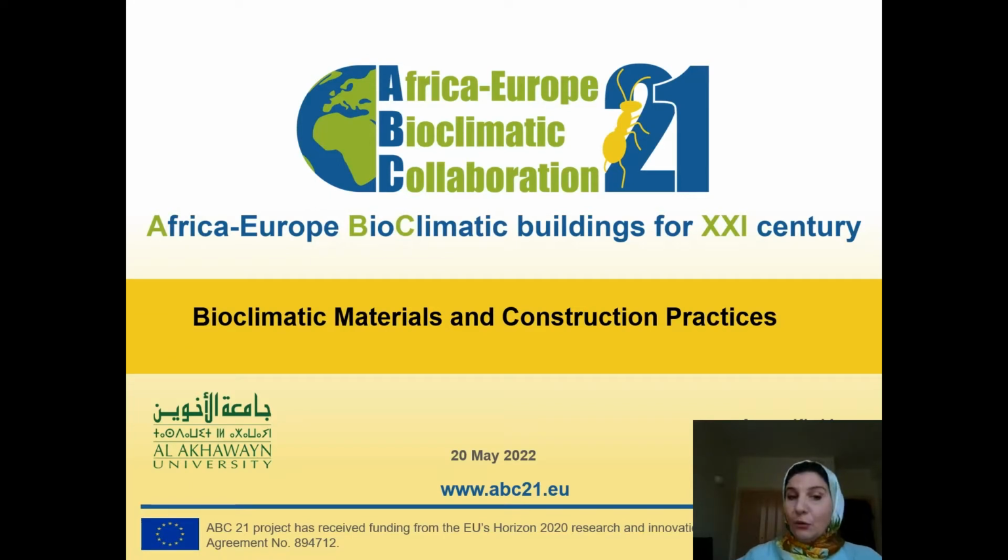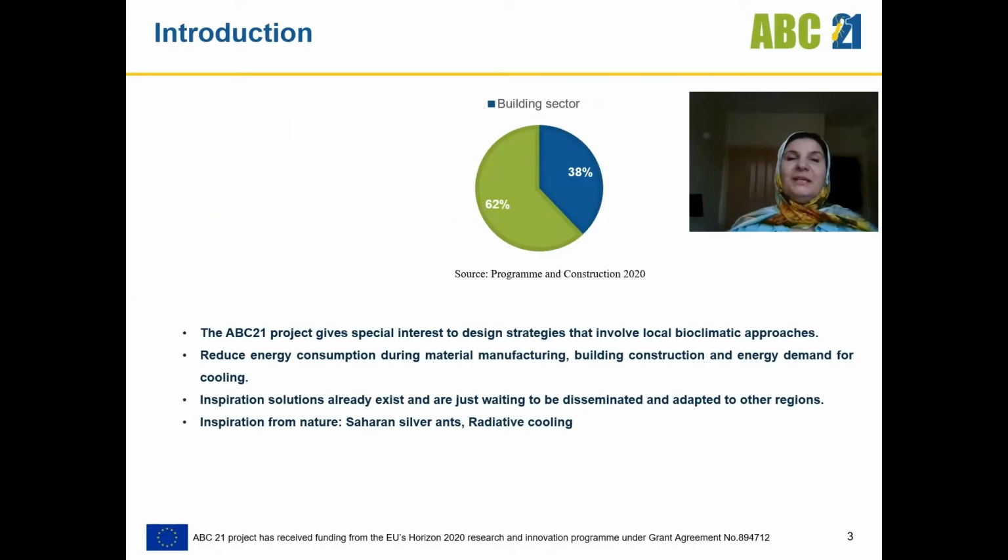I am presenting today our work on bioclimatic materials and construction practices, done in the framework of the Africa-Europe Bioclimatic Building for the 21st century. According to the International Energy Agency, 38% of the total global energy-related CO2 emissions in 2020 were generated from building activities. So, to solve this problem, we thought about designing bioclimatic buildings that are energy efficient and also offering